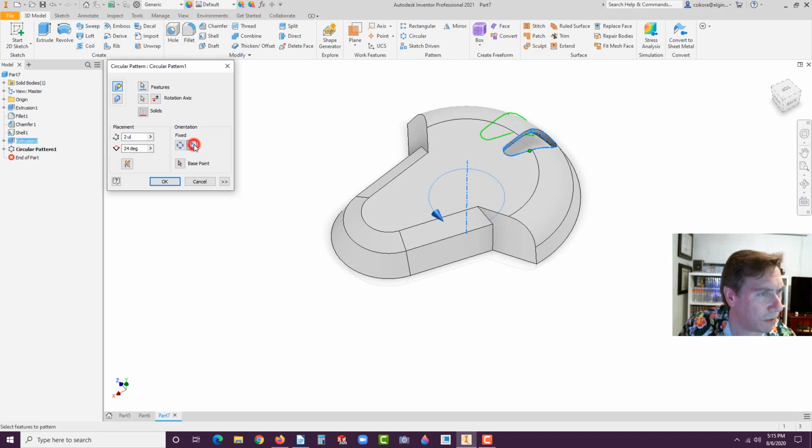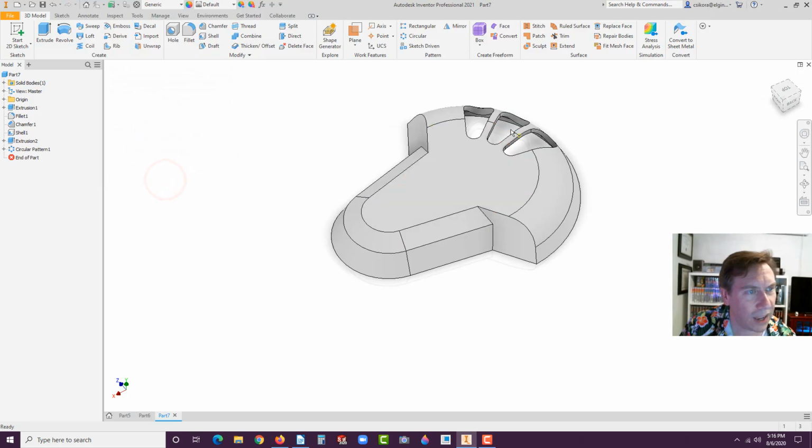We have fixed. Oh no, we don't want fixed, I'm sorry. We want rotational. And if we double this to 48, now in that theory we could change it to 3 there, and then we've got it. All right, hit OK. Now, if we want to get them to the other side, we could have gone all the way around with an array and figured that out, but I want to show you also